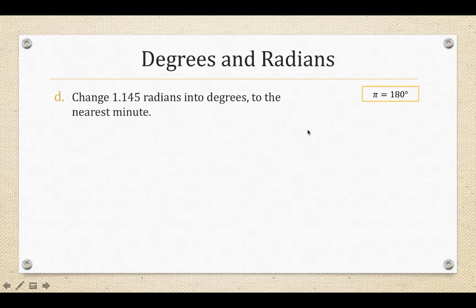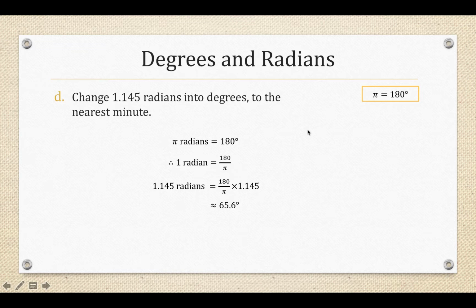In question D, we're asked to change 1.145 radians into degrees to the nearest minute. Now we know that pi radians is equal to 180 degrees. Therefore, 1 radian is equal to 180 over pi. So to find 1.145 radians, we simply need to multiply 180 over pi times 1.145, which gives us approximately